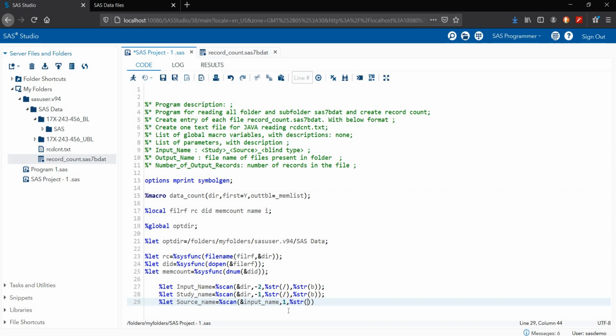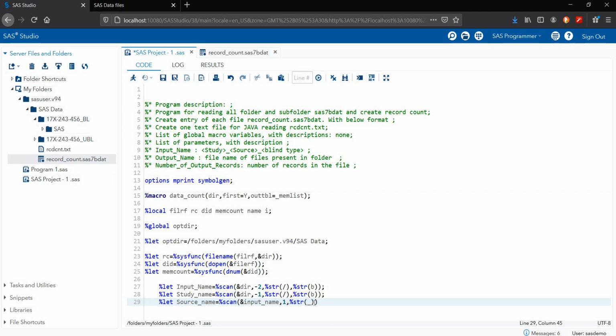In the %str I'm declaring underscore, because in the BL, in the last we have the underscore. That's the reason I wrote %str underscore.